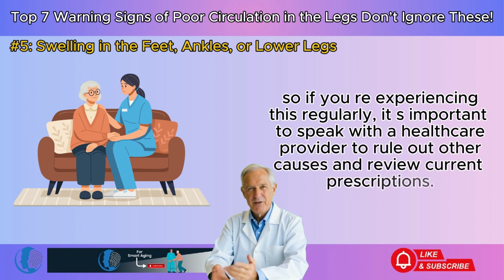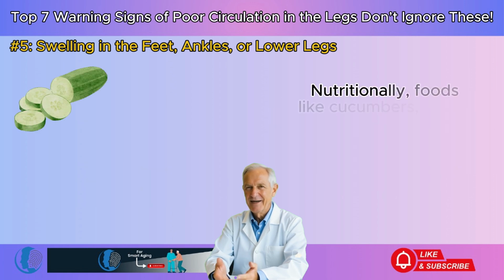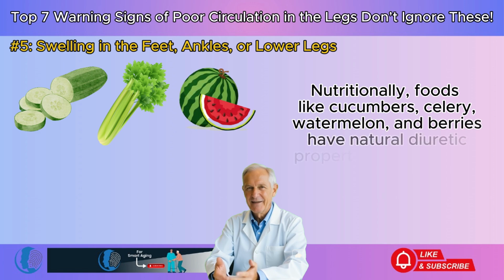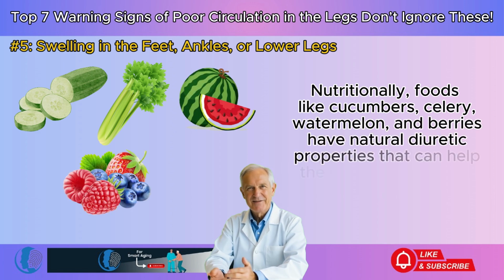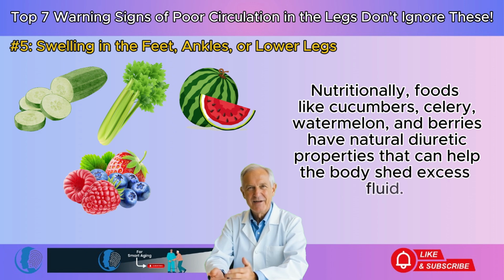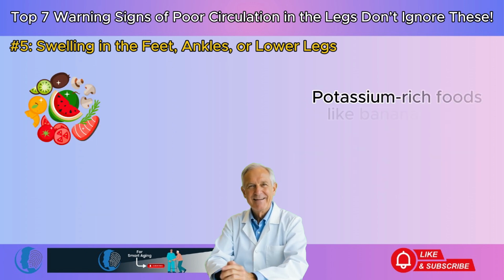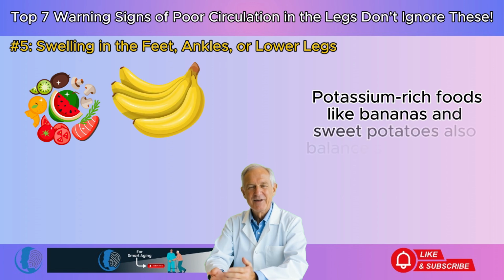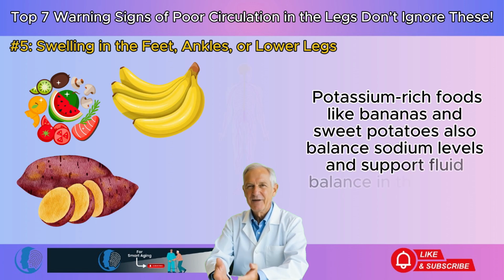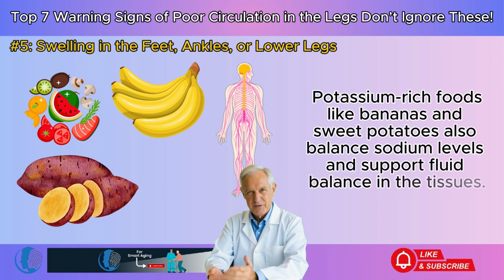review current prescriptions. Nutritionally, foods like cucumbers, celery, watermelon, and berries have natural diuretic properties that can help the body shed excess fluid. Potassium-rich foods like bananas and sweet potatoes also balance sodium levels and support fluid balance in the